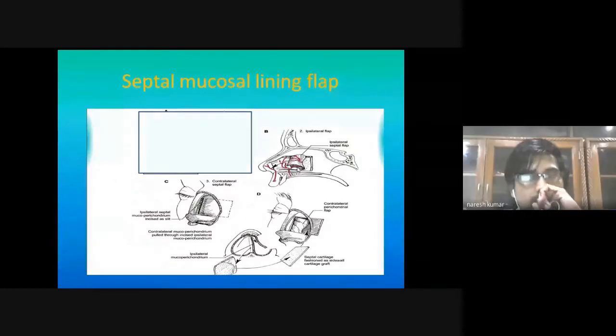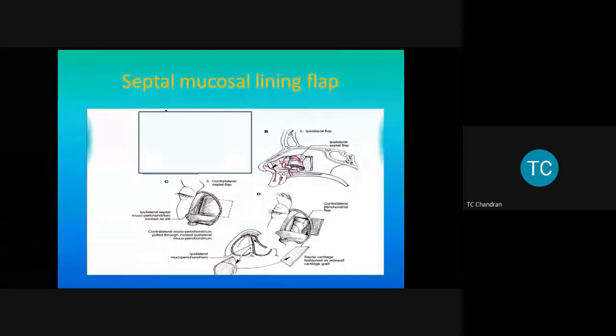Now, nostril stenosis is one of the biggest problems. It happens even in a folded forehead flap. In a forehead folded flap, it can't happen? It still happens. So it is one of the important problems that can happen if you're using skin on either side. Can we use any other material for lining?